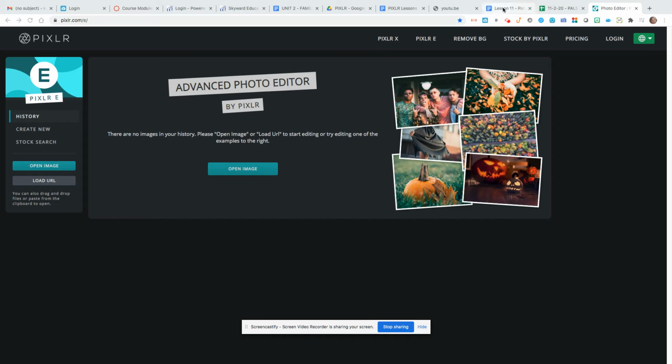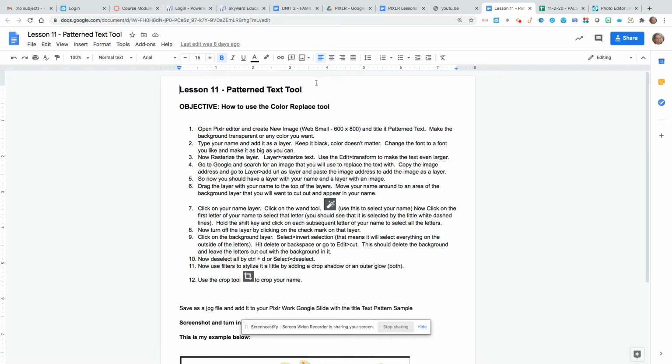All right, so today's lesson, we are going to do lesson 11, the pattern text tool. So the first thing we're going to do is open Pixlr editor and create a new image, and we're going to use web small, and title it pattern text, and make the background transparent or whatever color you want. And on that document, we're going to type your name and add it as a layer,